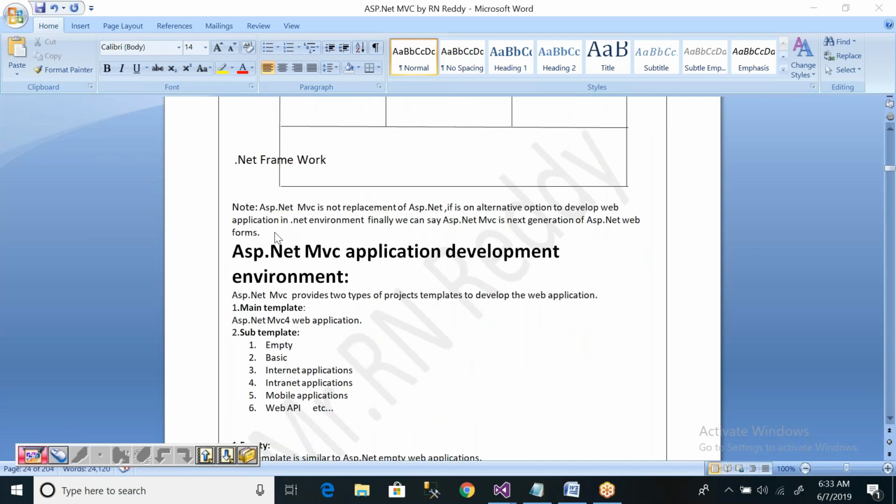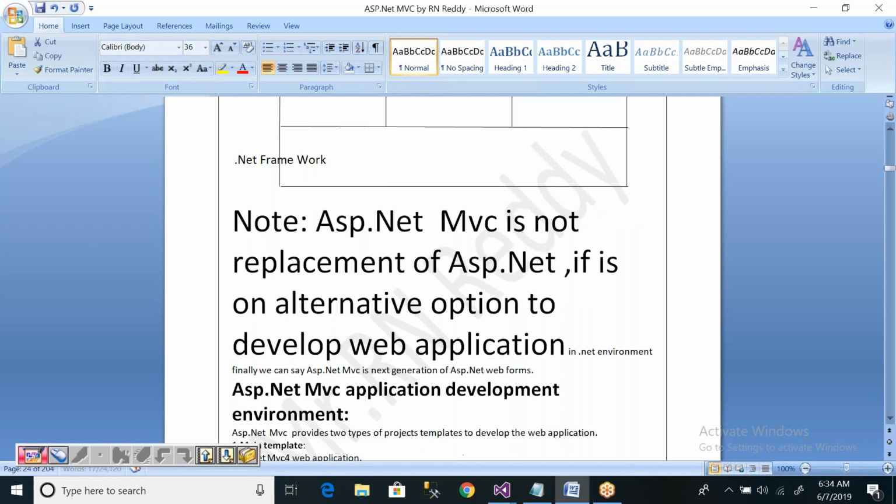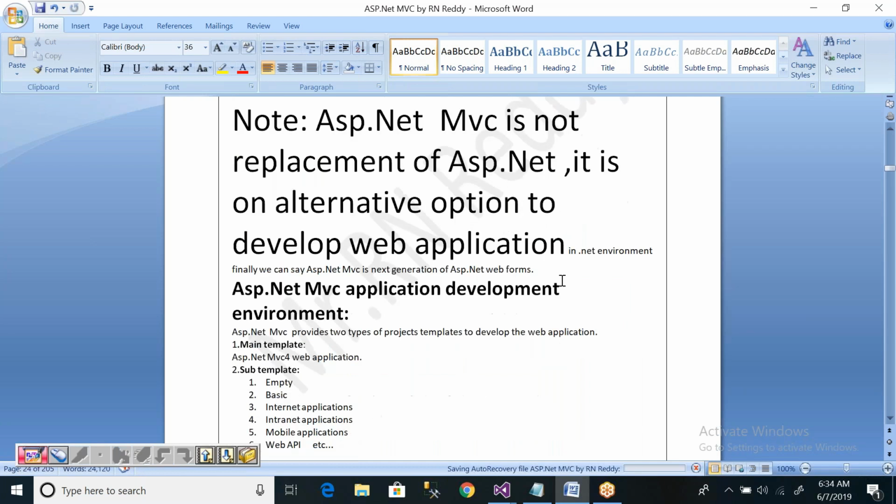Now note the last conclusion about this: ASP.NET MVC is not a replacement of ASP.NET. It is an alternative option to develop web applications in the .NET environment.